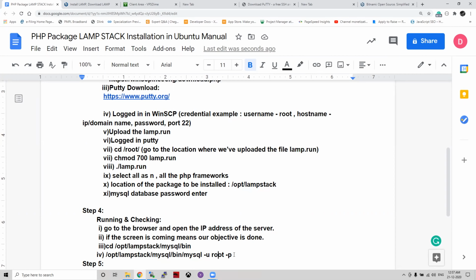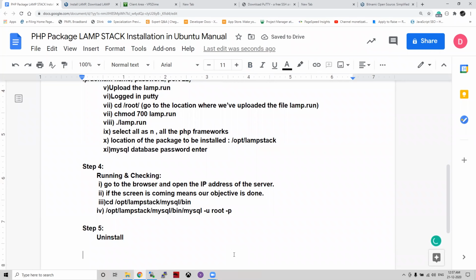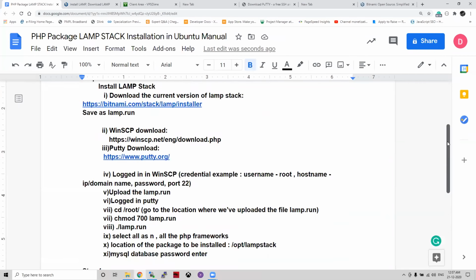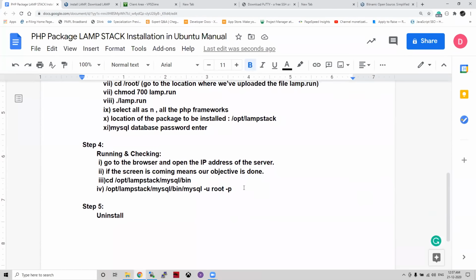So once I am hitting that, it will ask for the password, then I need to enter the password and I can log in. If it's correctly installed, then it will say yes, it is installed correctly. Okay, so that is the objective, that's it there. So whatever the missing thing is there, I will be providing here after closing this session. Okay, that's all. So next day we will be going to install PHP LAMP stack, the same thing in the CentOS version, because CentOS is different and Ubuntu is different. That's it. Okay.